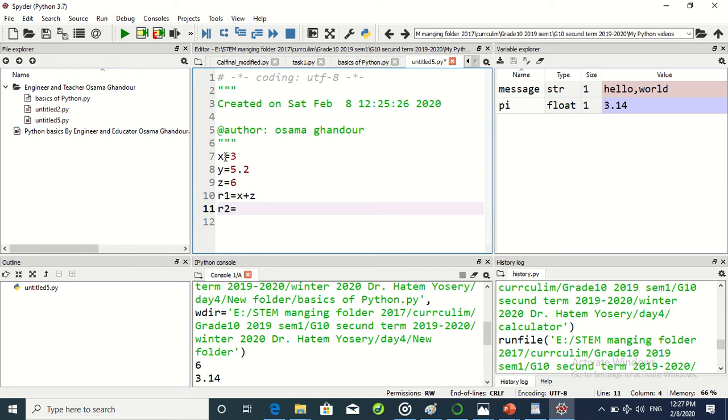equals x times z, and r3 equals z divided by x, and r4 equals z modulus, and we know what is modulus now, modulus x,